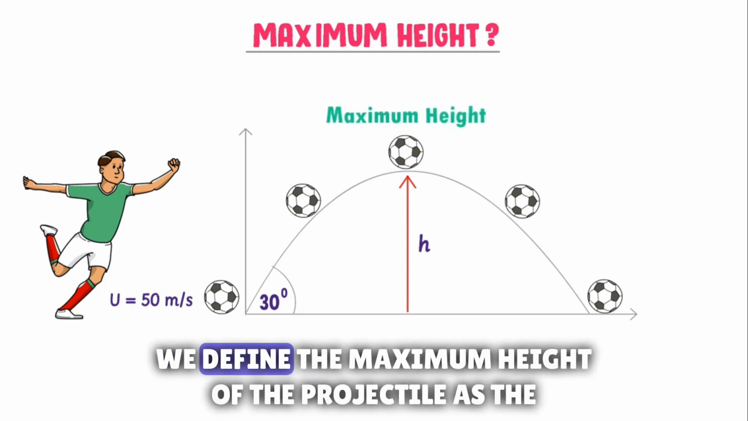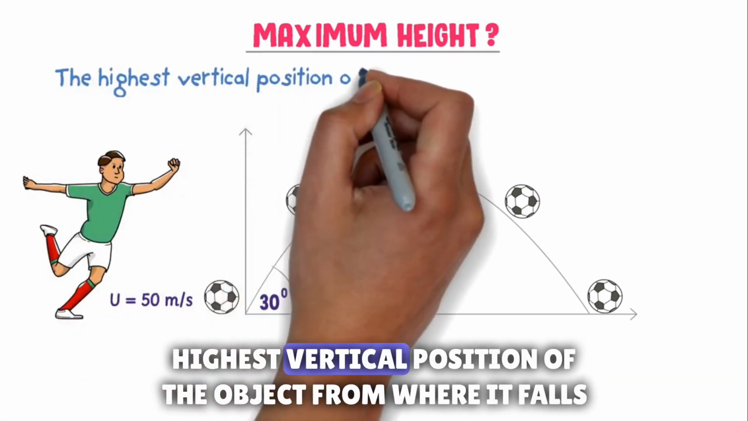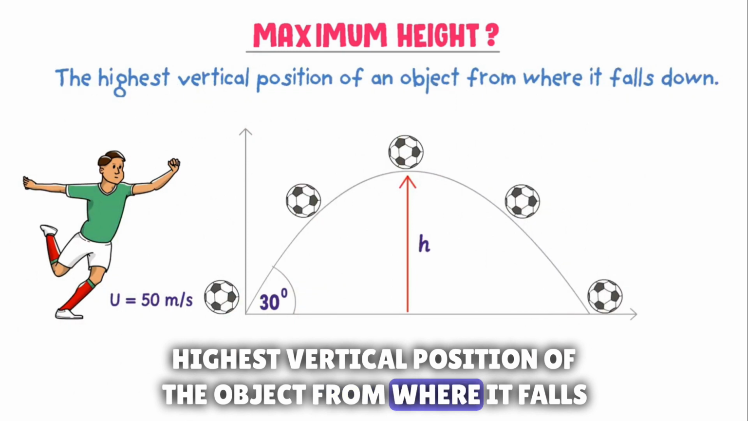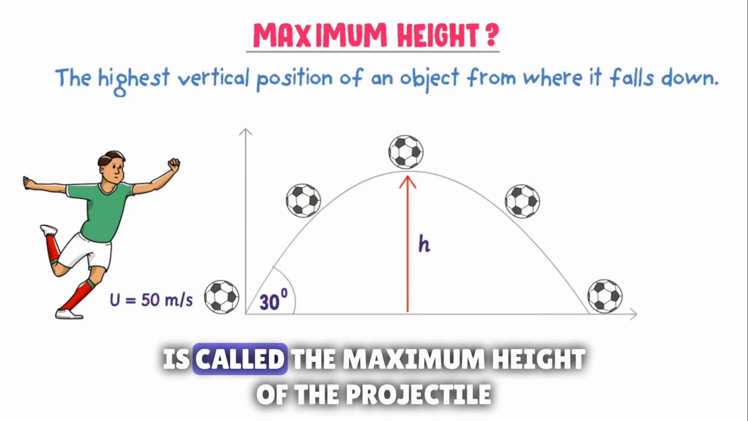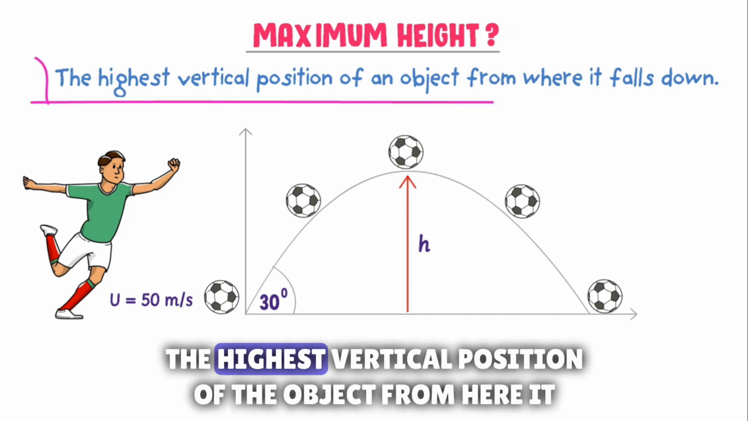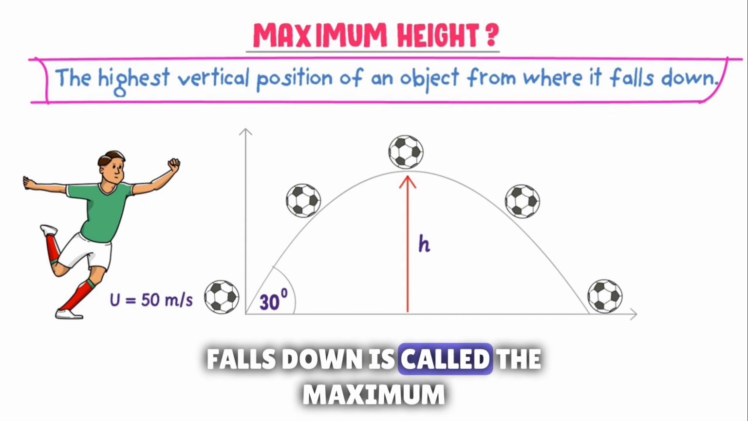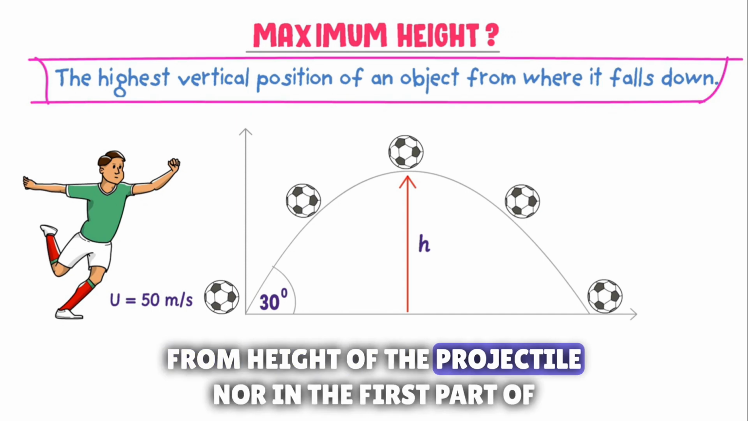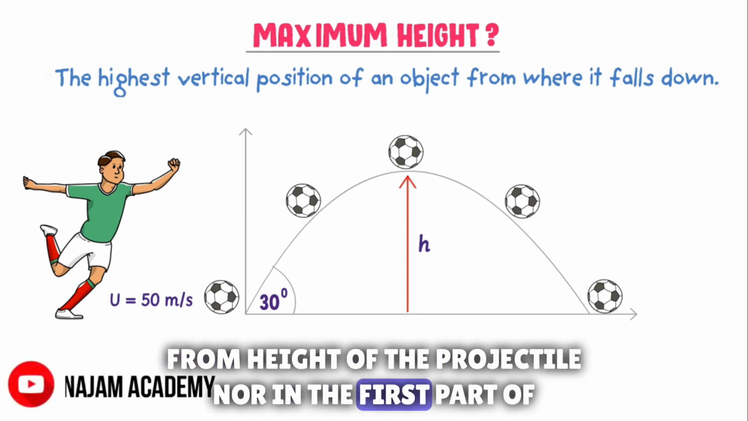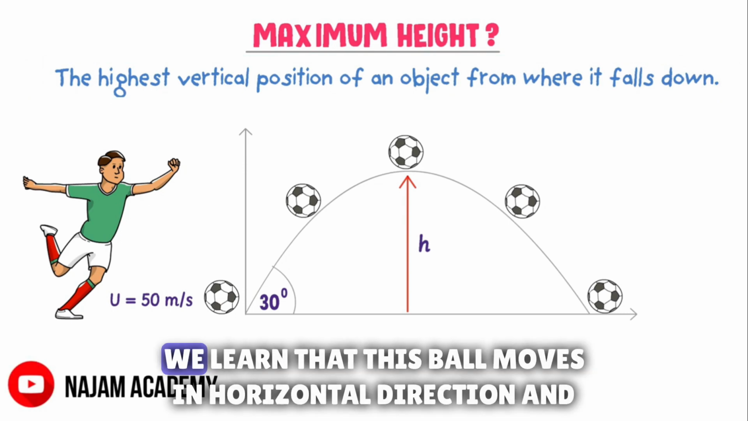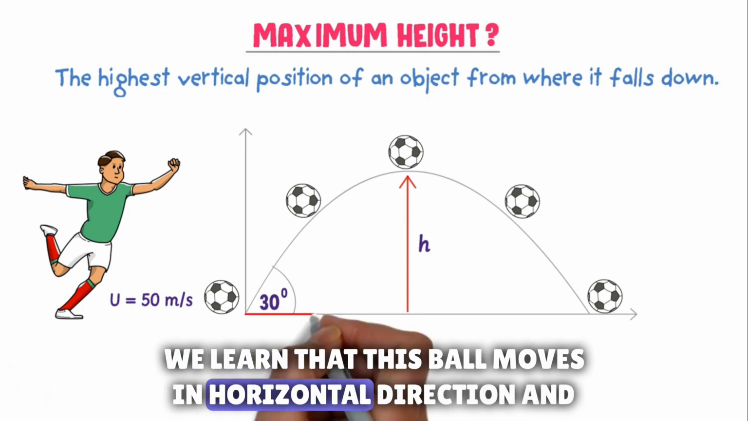Therefore, we define the maximum height of the projectile as the highest vertical position of the object from where it falls down. Let me repeat it. The highest vertical position of the object from where it falls down is called the maximum height of the projectile. Now in the first part of projectile motion, we learned that this ball moves in horizontal